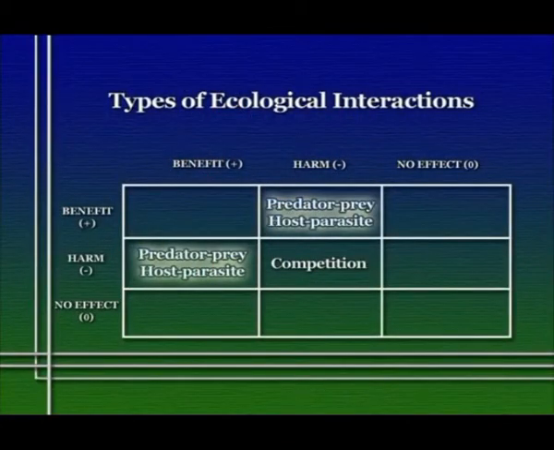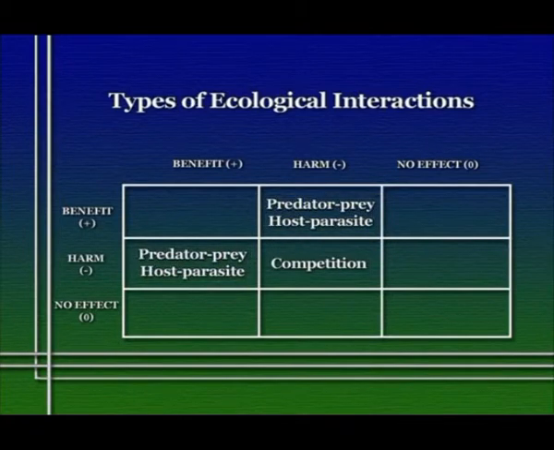As we'll see later on, competition and predator-prey interactions, or host-parasite interactions, are particularly important kinds of ecological interactions between species. Particularly important because they seem to have a preponderant effect on the way that species in communities are distributed, and effect on the abundance and distribution, I should say, of different species in a community. And we're going to look at these two kinds of interactions in more detail in a little while, predation and